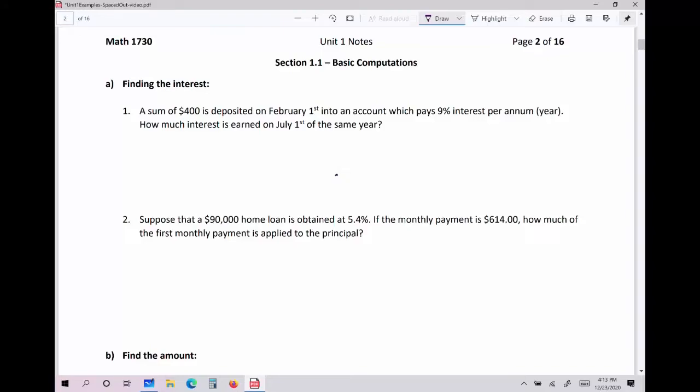If we want to find the interest, we do have a formula for this. It's I equals PRT. I is going to be a dollar amount of interest earned. P is the principal, so that's the amount that we start with. Again, that's in money. R is the rate. Usually rates are given to us as a percent, which we'll see in a minute, so we need to convert it to a decimal